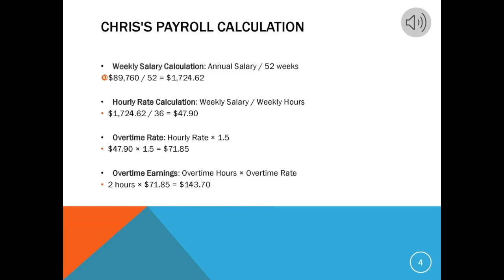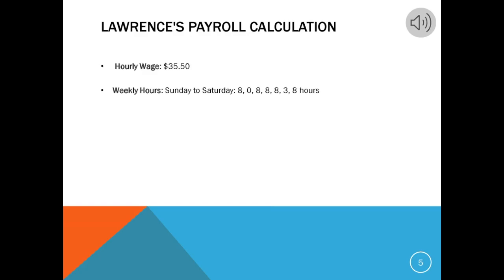As for Chris's payroll calculation, we have a weekly salary calculation, which is annual salary divided by 52 weeks, which will be 89,760 divided by 52, which equals $1,724.62. For the hourly rate calculation, we will be dividing weekly salary by weekly hours, which will be 1,724.62 over 36, which equals